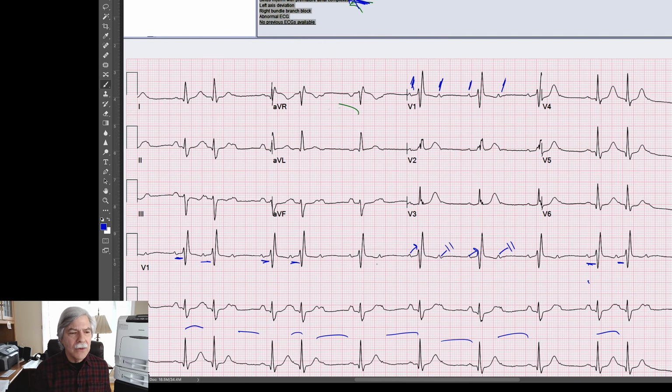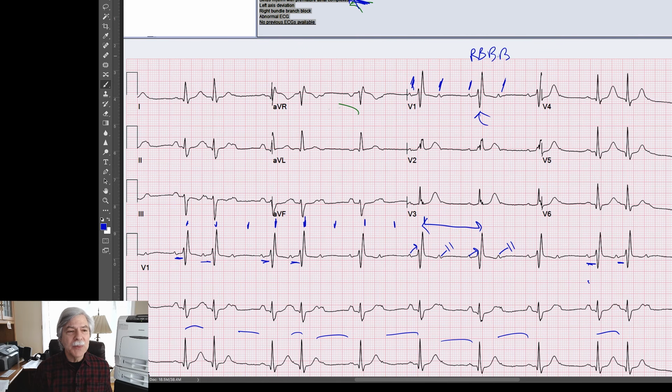The other thing that you can do is measure the R to R interval. If it's type 2 AV block, the R to R intervals will fit into a fixed interval, so the length of the pause will be exactly 2 times the R to R interval where they conduct. That tells you that this is type 2. Not only that, but look at V1. What do you have? That RSR prime, what does that tell you? It's a right bundle branch block.